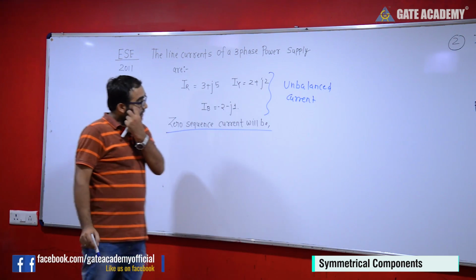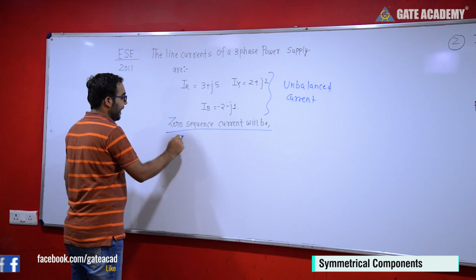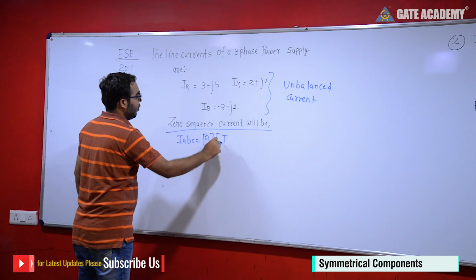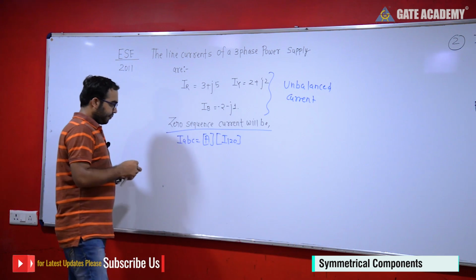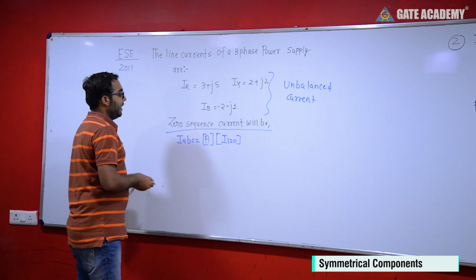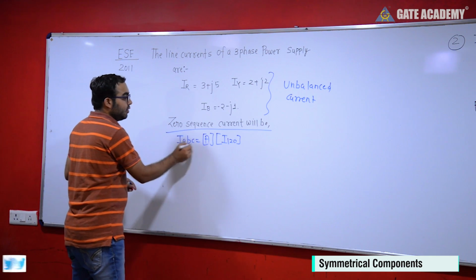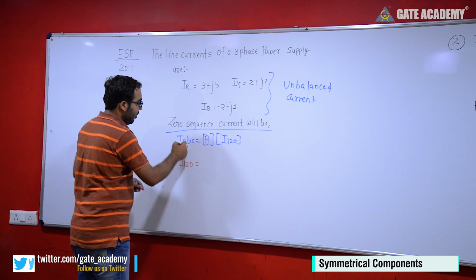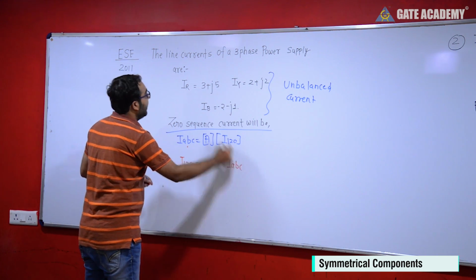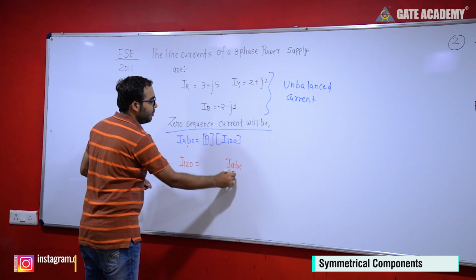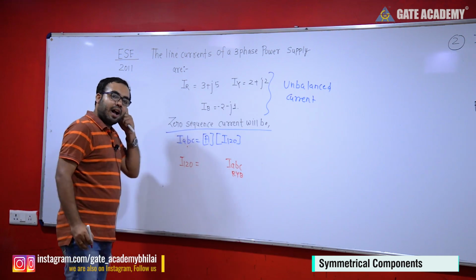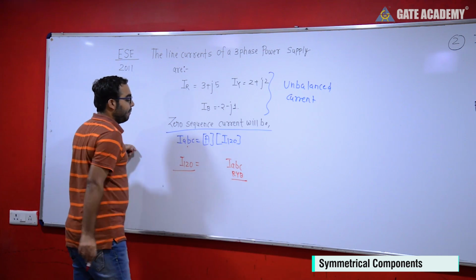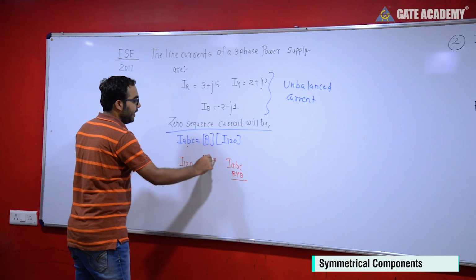So we have seen the zero sequence current. It means you have this value. We have seen the formula IABC equals A times I120, and we want to find I120. This is the basic formula. We have seen two methods. If you want to find IABC from I120, we will use the matrix A. But if you want to find I120 from IABC, here the sequence is not ABC, it is RYB. So IABC is nothing but IRYB. What we want is I120 from RYB, so we use A inverse.